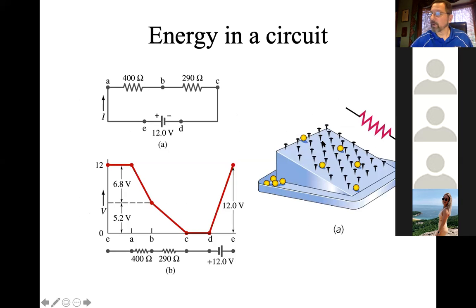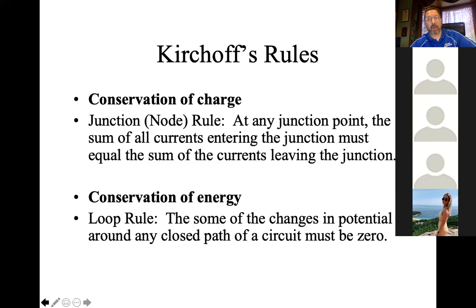So I'm going to go back, and Kirchhoff's rules, sorry, I advanced the screens, are really the things we just talked about when we're talking about series and parallel combinations. Conservation of charge is what happened at that junction when a parallel circuit is created. There has to be a junction or a node, and then two elements come out of that. And so what we said is at any junction point, the sum of the currents entering the junction must equal the sum of the currents leaving the junction.